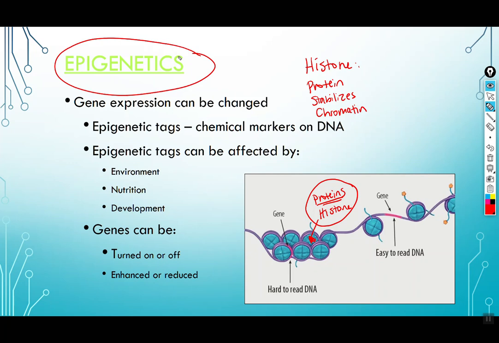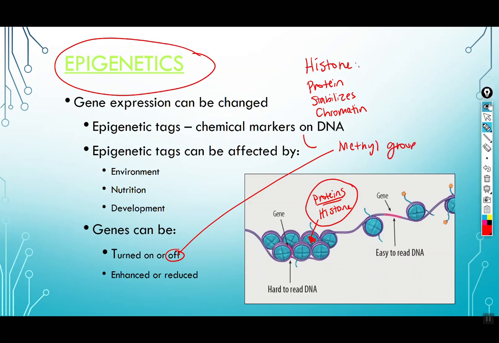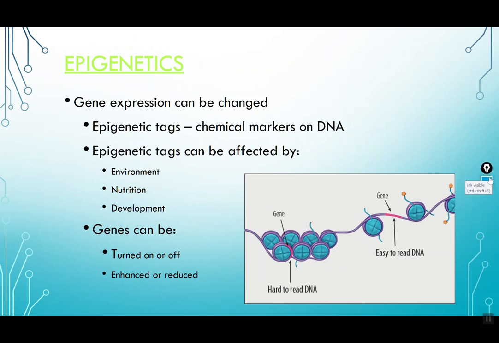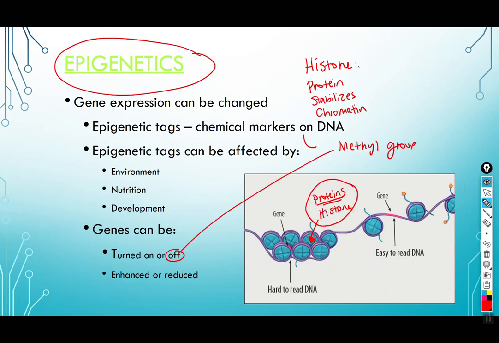Okay, so epigenetic tags are chemical markers on DNA. Frequently, the way that genes can be altered or turned off in this case is by adding a methyl group. So here's some chemistry again. If I, on the test, ask you what of the following chemical compounds disables or is used to tag DNA, and I give you